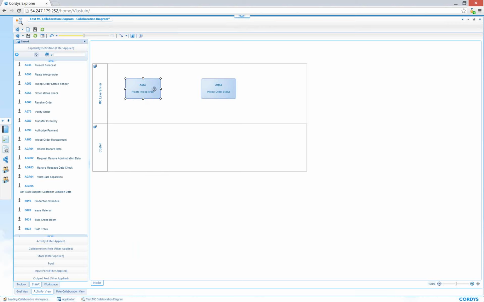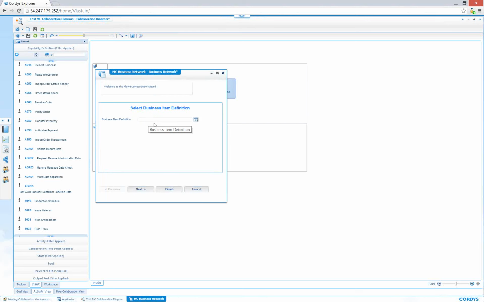Okay, fine. So let's say if we place a purchasing order, we would like to give the purchasing order to the A053 activity. So I draw a line here, say add deliverable flow, and then there is a wizard coming up,